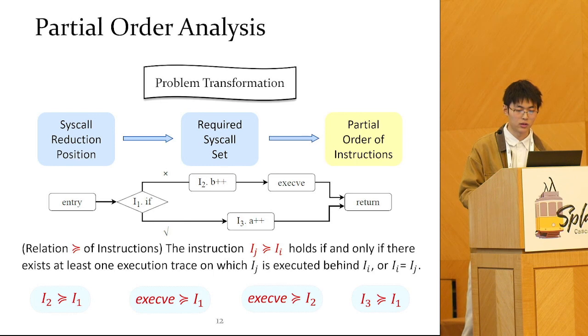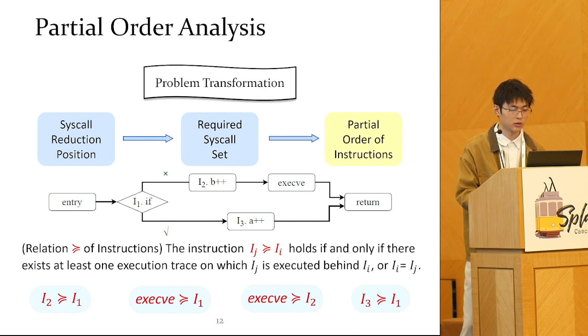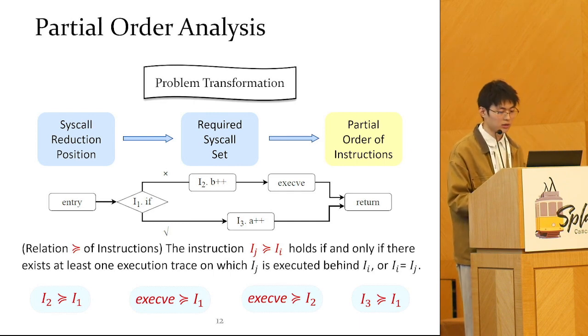Here, we define the successor relation of instructions. If Ij succeeds Ii, then there should exist at least one execution trace where Ij is executed behind Ii, or Ii equals Ij. In this case, Ij is termed as the successor of Ii. If we can establish the partial order of instructions with the successor relation, where each pair of instructions has at